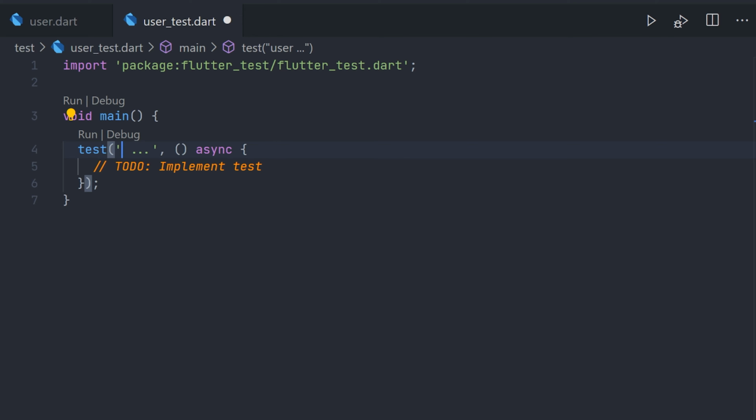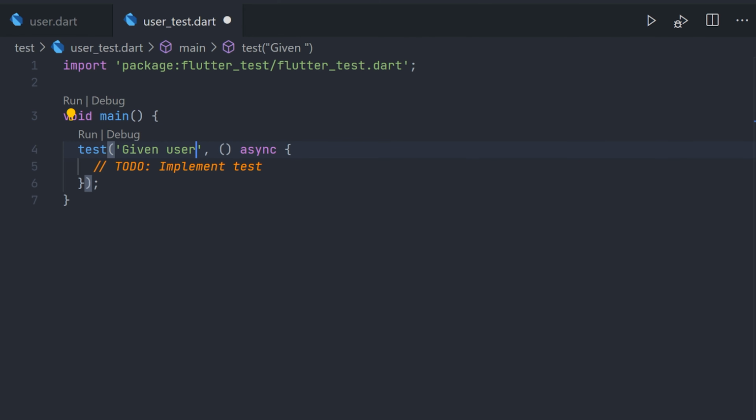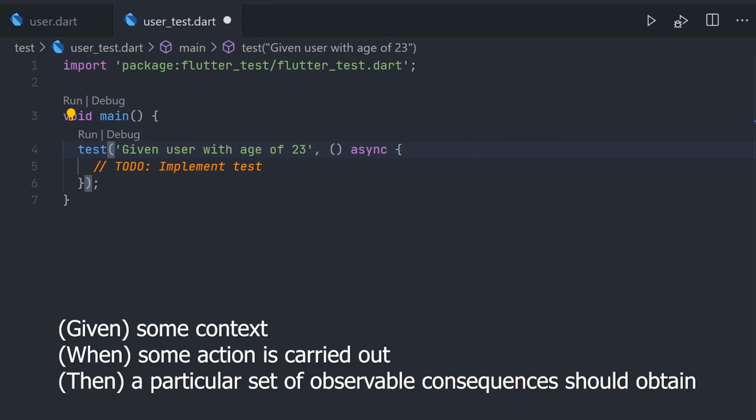Now naming tests is a bit different than naming methods, and there are a bunch of different ways you can give good names to your tests. I usually go with given, when, then. So in this case it can be: given user with age 24, when birthday is called, then user is old. Now the name gives a good indication of what this unit test will actually check.